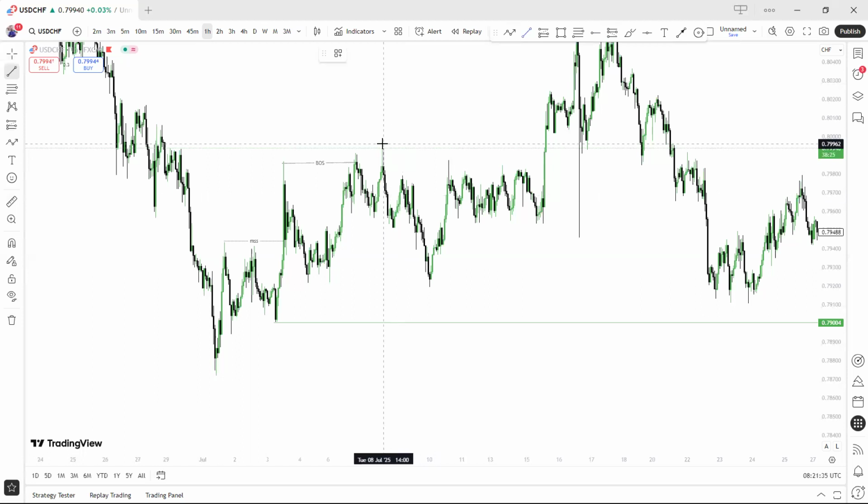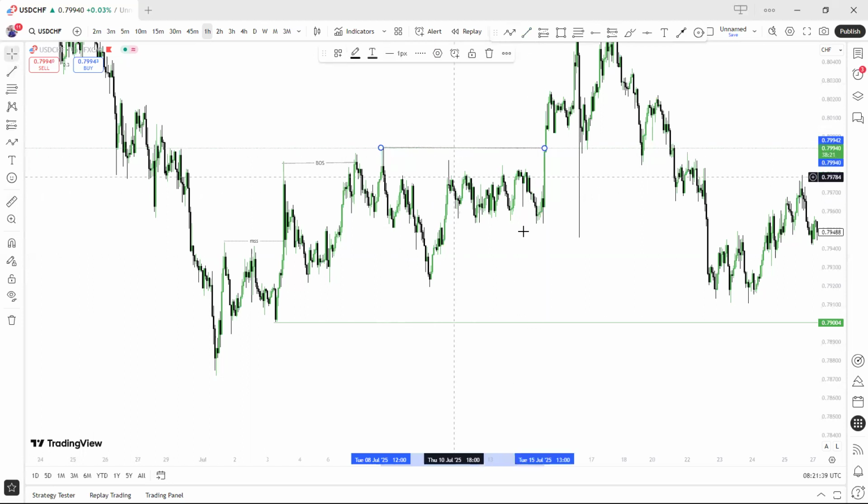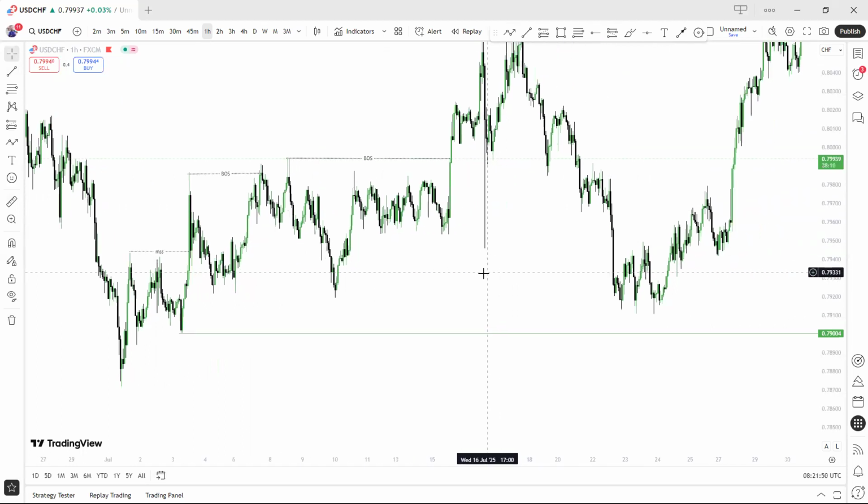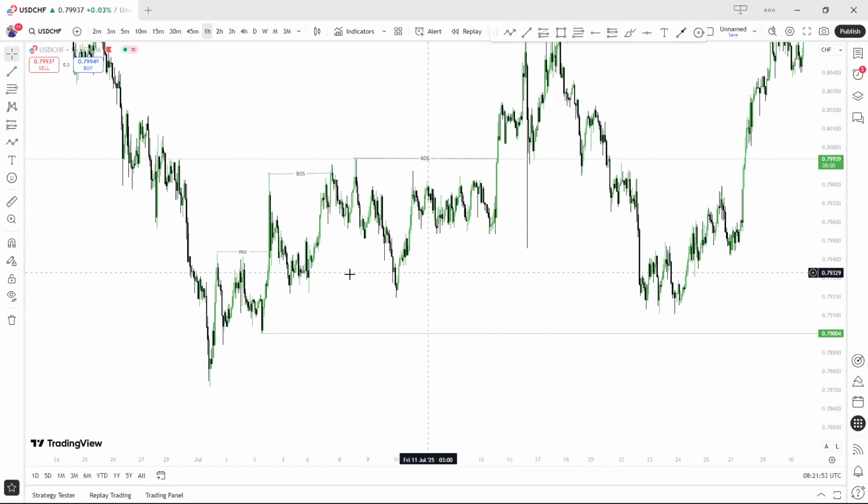So I observed another break of structure that happened to give me, okay, this is a confirmation. Two break of structures now in one trend. This is a confirmation that the market is actually trying to head in the upward direction. So after this whole move, I now understood that okay, now